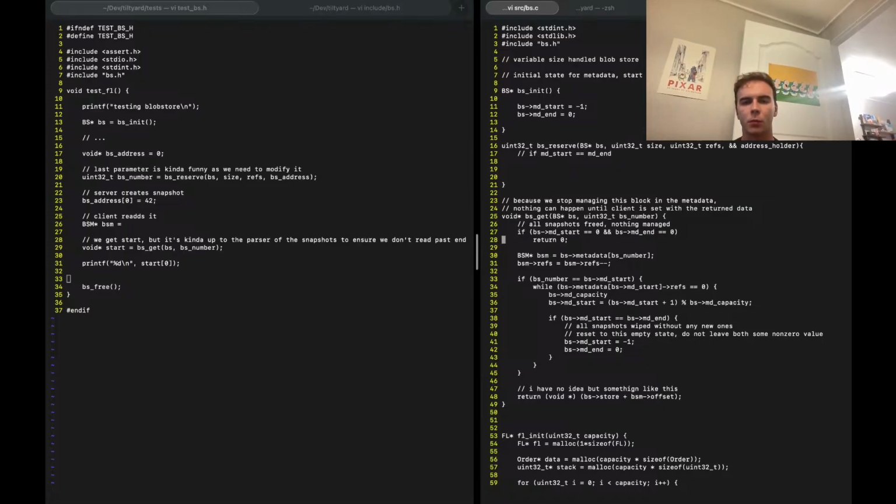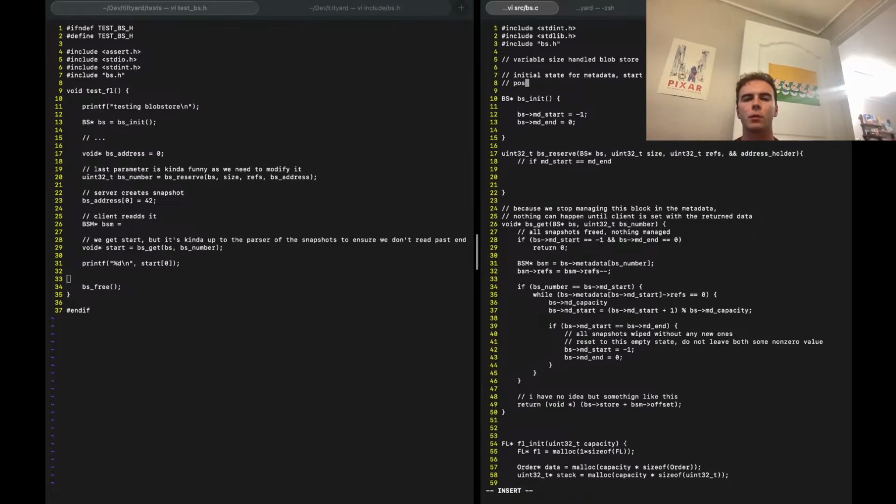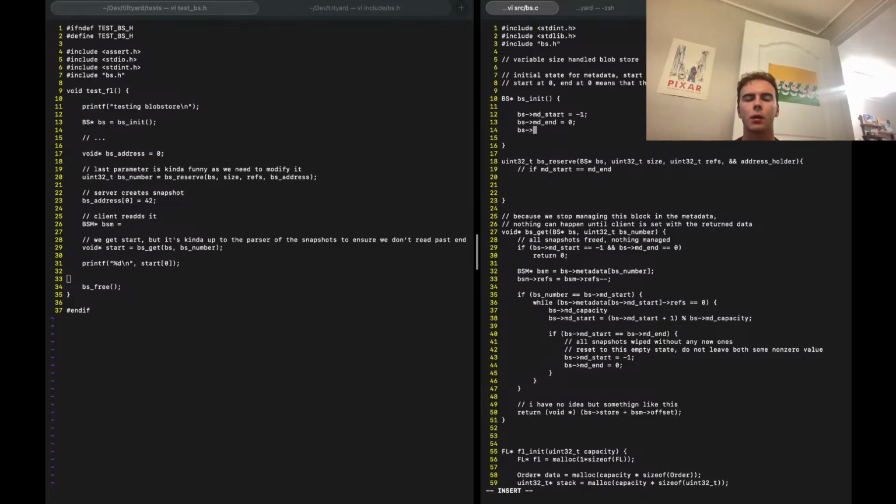So actually, let me make this more clear too. -1. Okay. Possible. Start at 0, end at 0 means that the circular buffer is full. And then the next one will require a doubling of the capacity, but we'll get to that in a second. Which also means we need BS MD capacity is equal to,